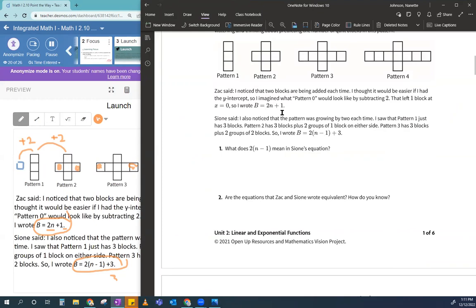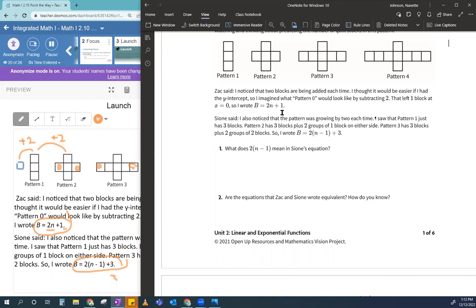So if I take 2, hold on. My iPad is doing funny things. Hold on, here goes. Okay, if I take 2 parentheses n minus 1